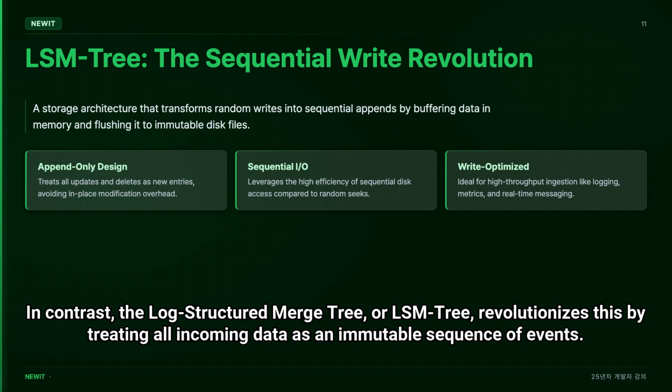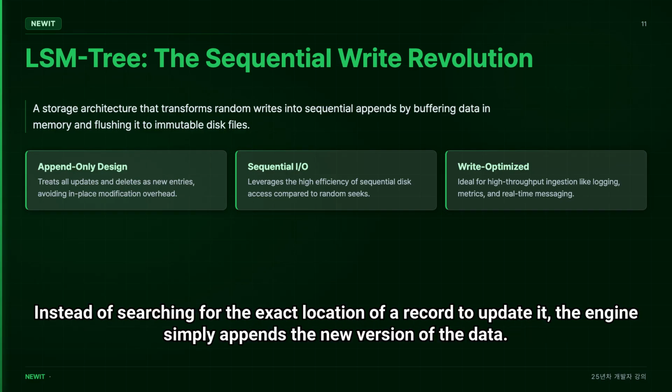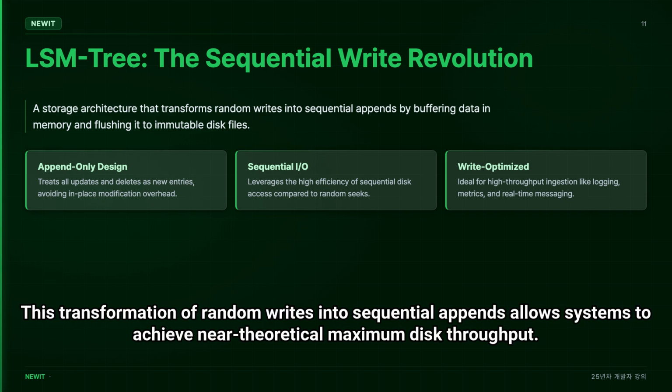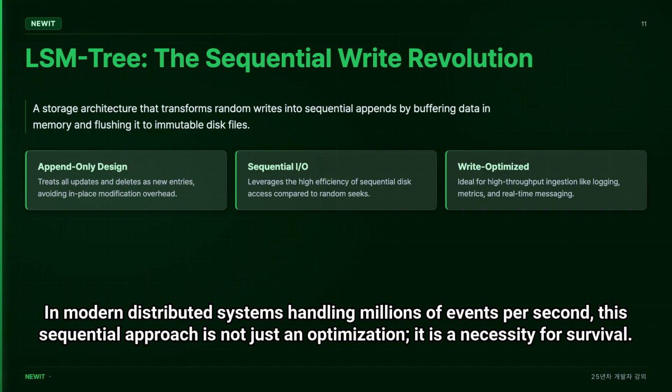In contrast, the log-structured merge tree, or LSM-Tree, revolutionizes this by treating all incoming data as an immutable sequence of events. Instead of searching for the exact location of a record to update it, the engine simply appends the new version of the data. This transformation of random writes into sequential appends allows systems to achieve near-theoretical maximum disk throughput. In modern distributed systems handling millions of events per second, this sequential approach is not just an optimization, it is